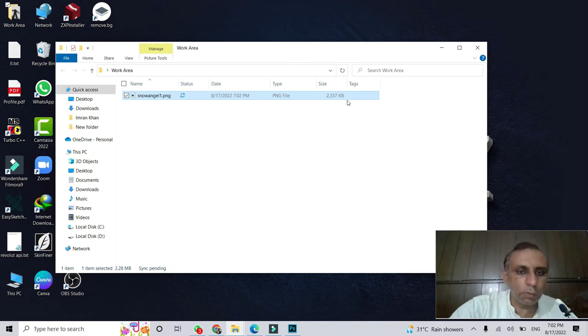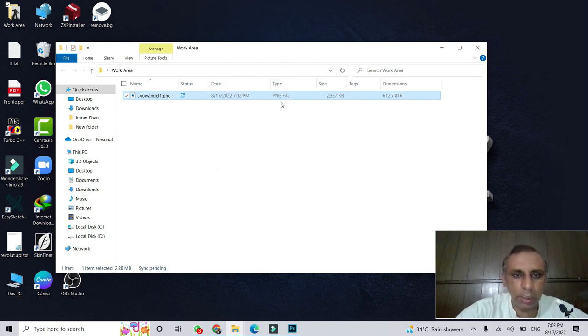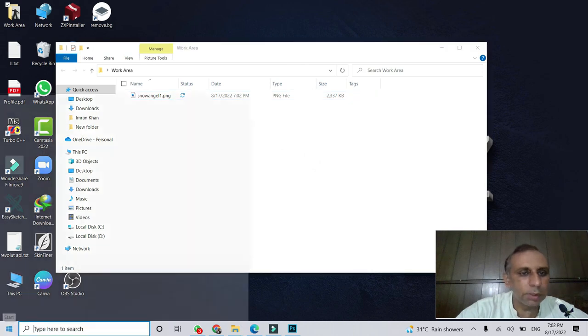If the question or activity asks for the modification date or dimensions, you just click here and also choose dimensions or anything else from here. This time the dimensions are not required, so we just have to take a screenshot, and I open the snipping tool